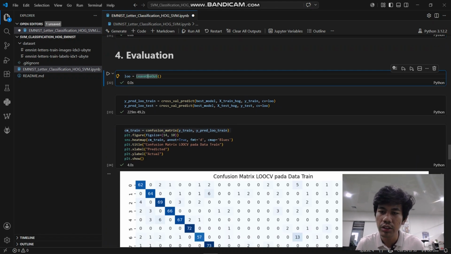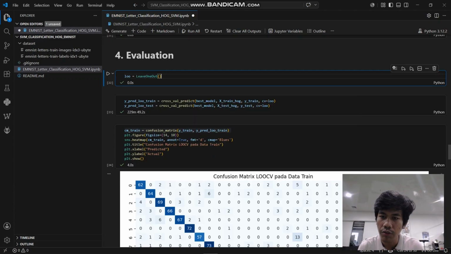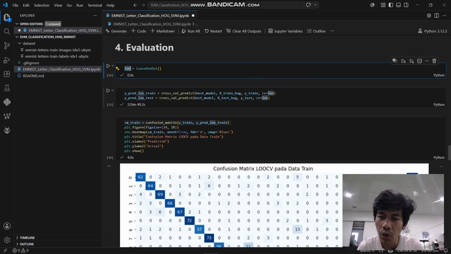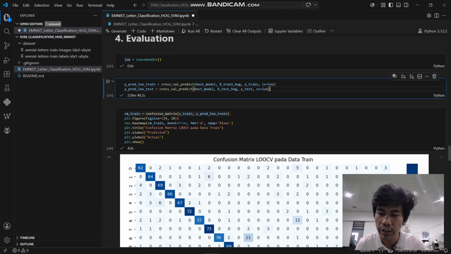The first thing that I do is make the object of the leave-one-out function, LOO, and I make a variable, y_pred train, to save the result of the cross-val predict from this parameter, and also for the test.